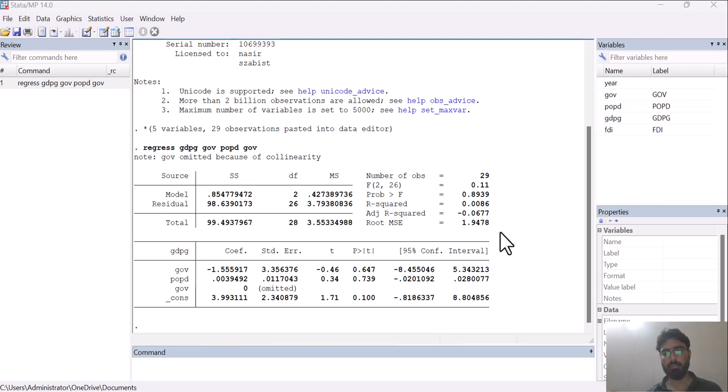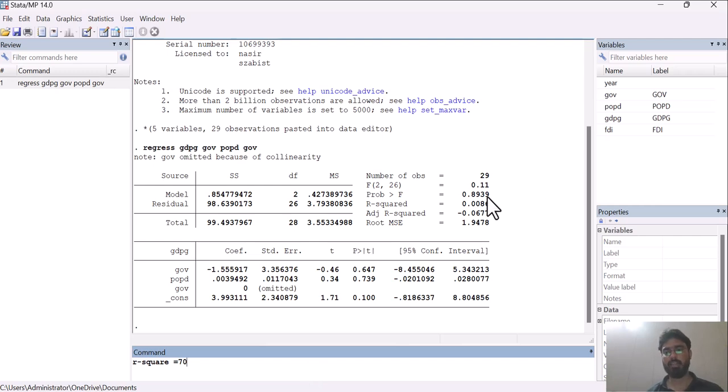For example, in our case the R-Square value is very low, but let's assume its value is, for example,